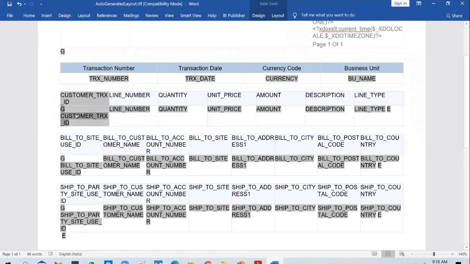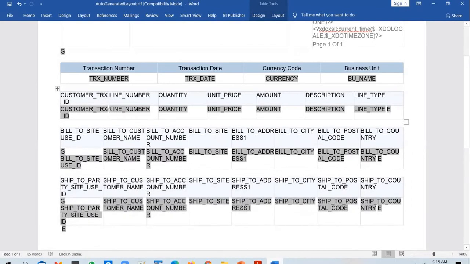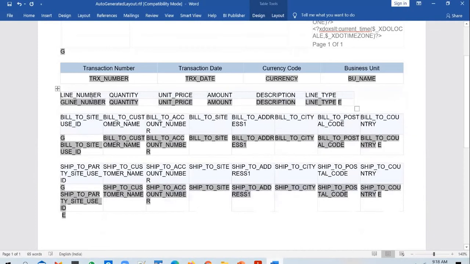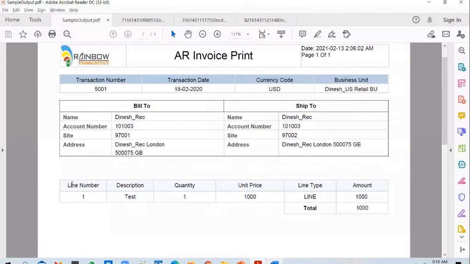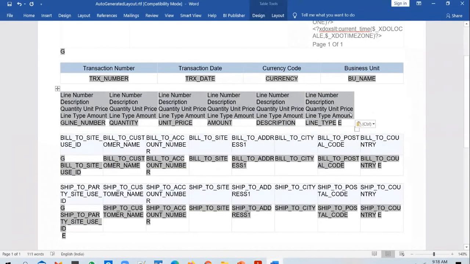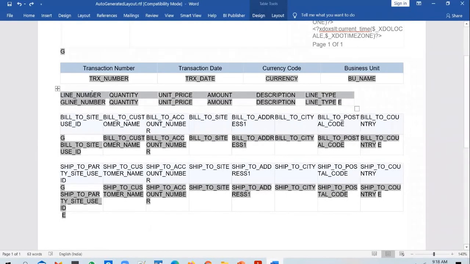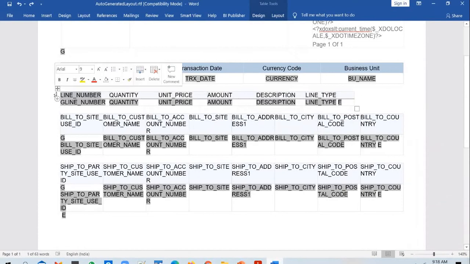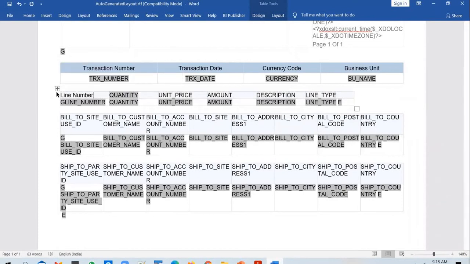Don't delete it straight away, because if you delete it, you will also lose the for each tag in there. So you copy the for each tag, move it to the next line, and you take out this tag, transaction ID, because you don't need it, right? And you change the column headings to this. You can copy the column headings from here and paste it here. It just takes 2 minutes.